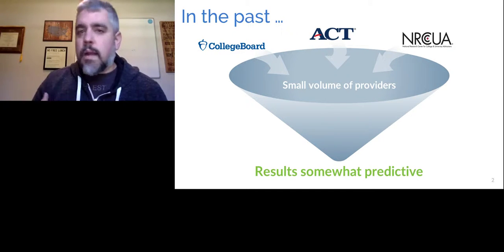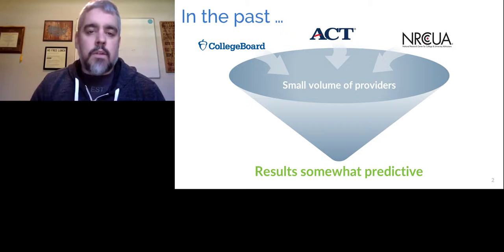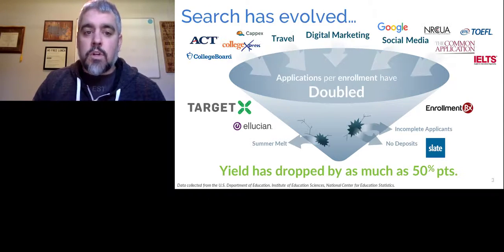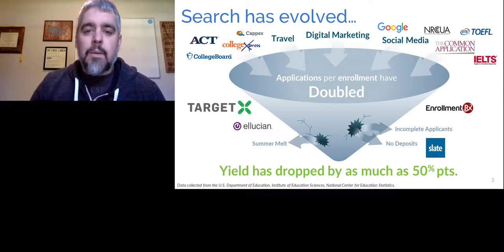And we would know, just by doing some backwards algebra, how many names we would need to buy from specific markets. But as we know, the industry has changed a lot over the past 15 years. Search continues to be a part of the process and will be for the foreseeable future. But the way that students and schools connect has continued to evolve.